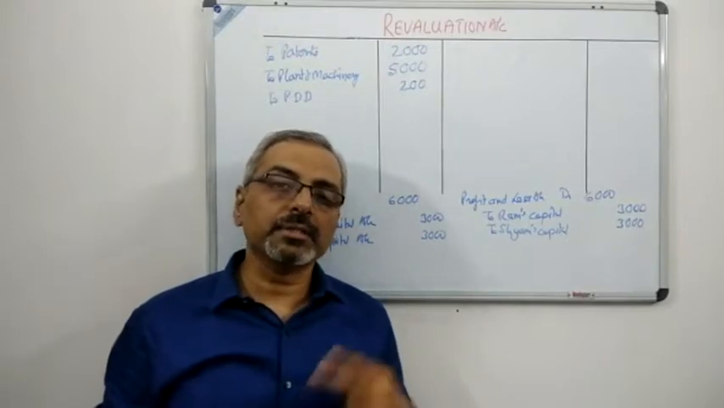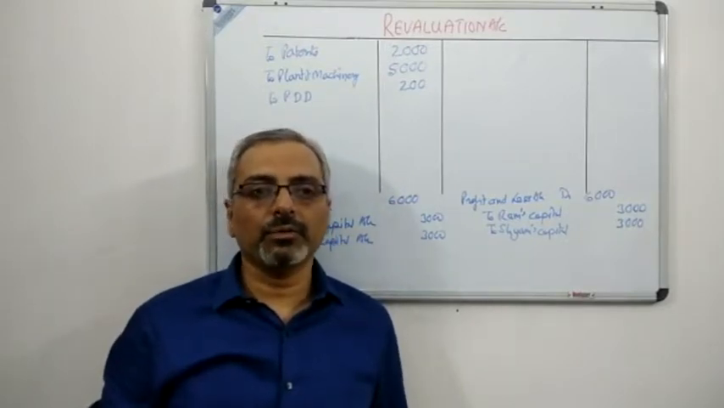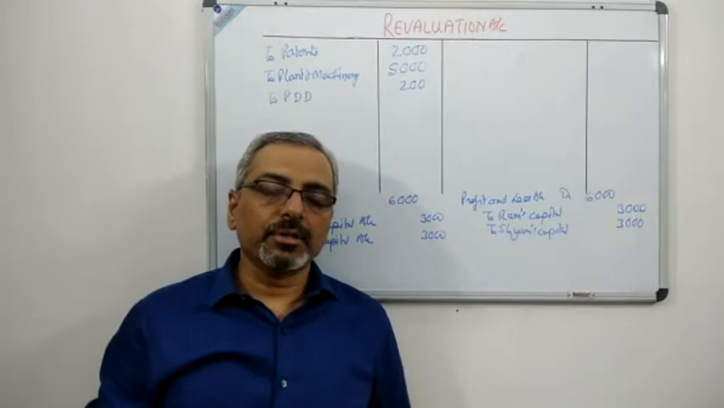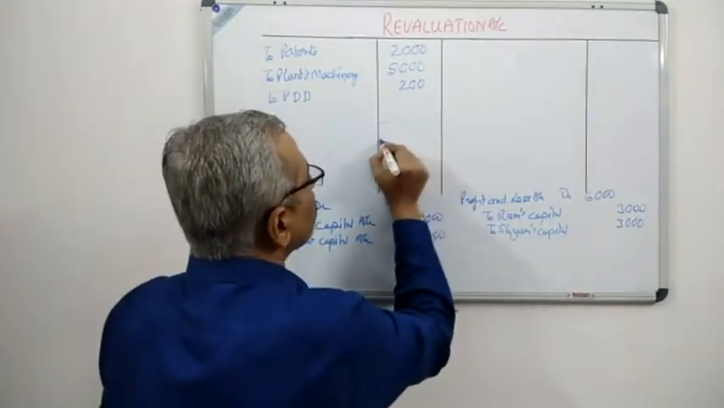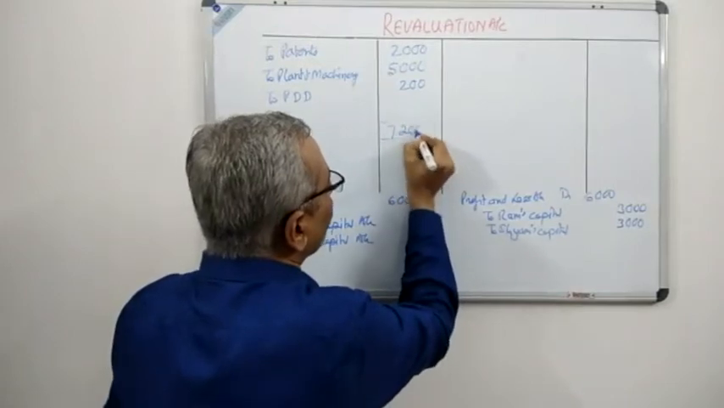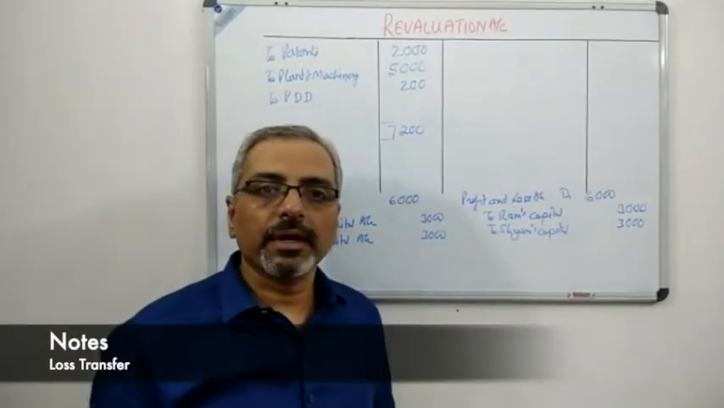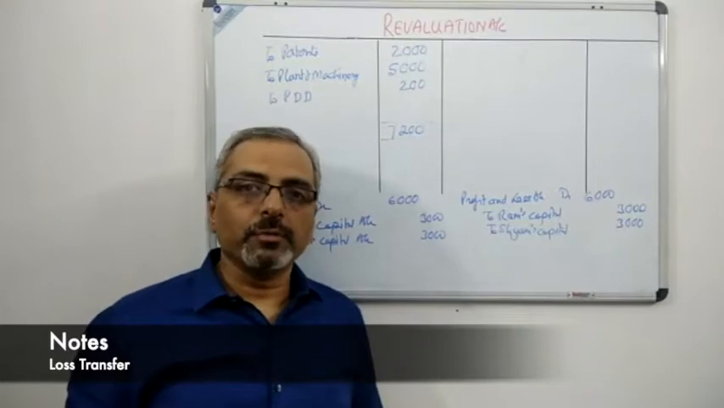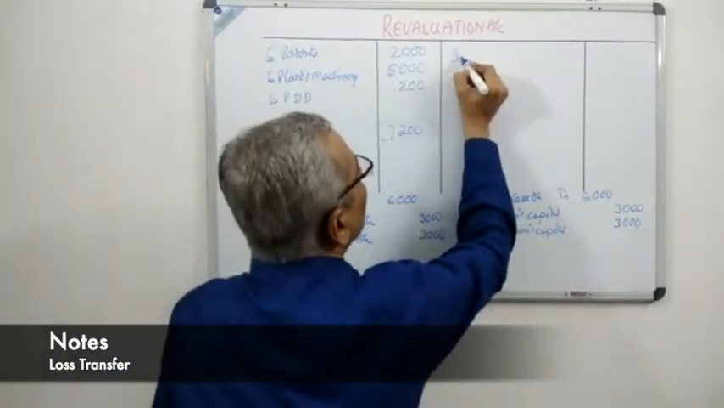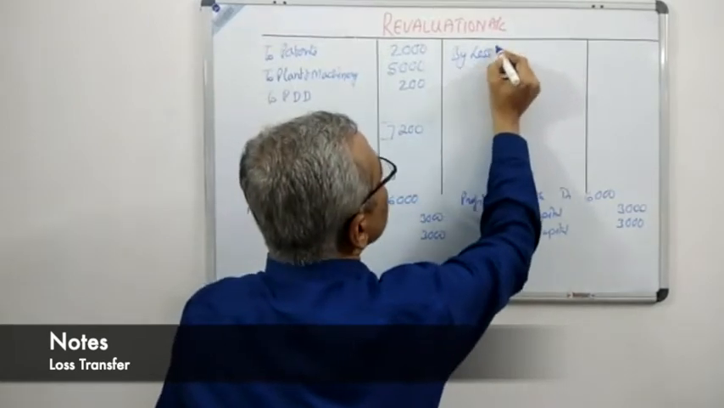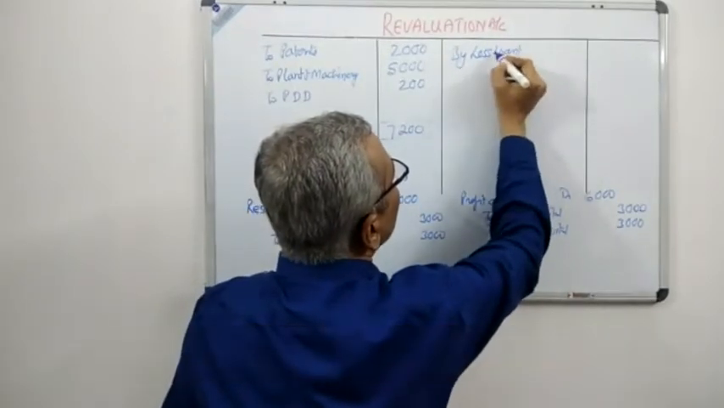So you can see there is nothing in the credit side of the revaluation account. There are only items in the debit side of the revaluation account which adds up to a figure of 7200, and therefore we can come to this conclusion that there is a loss, and the loss will be transferred to the capital account. So we go to the credit side and write by loss transferred,